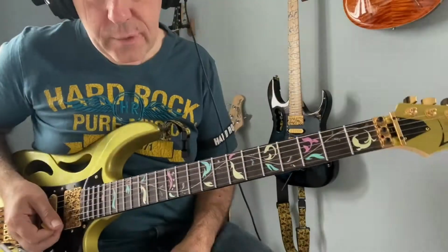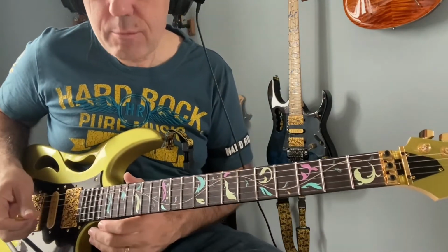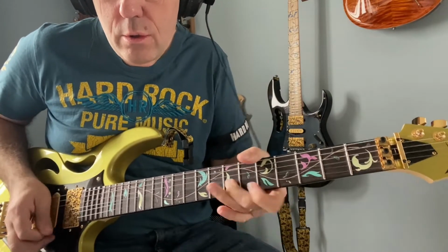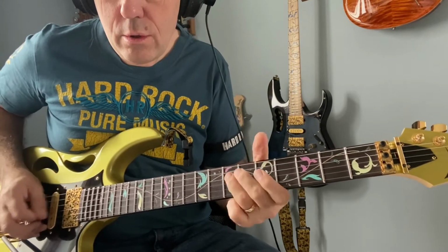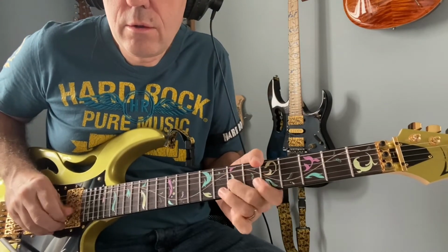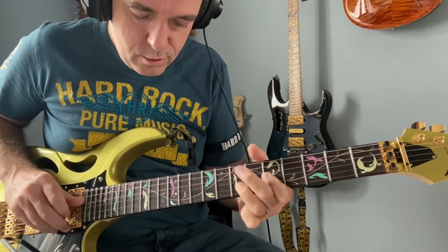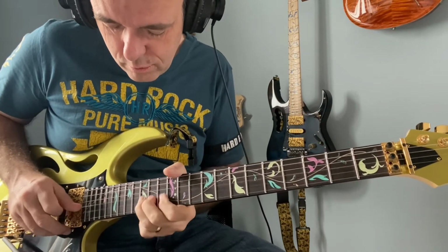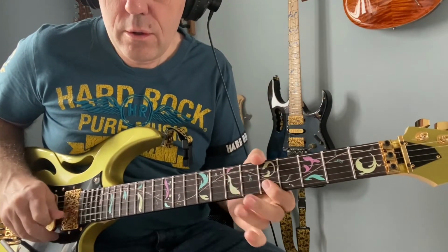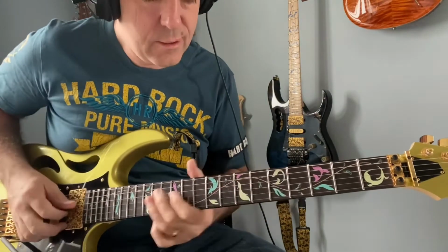It's just lovely, isn't it? Put it on a clean sound just for the end, so you can hear. Maybe stick it on the neck pickup for. It's quite nice, isn't it? Then you can put your plectrum down. I tend to use those 2 fingers as you